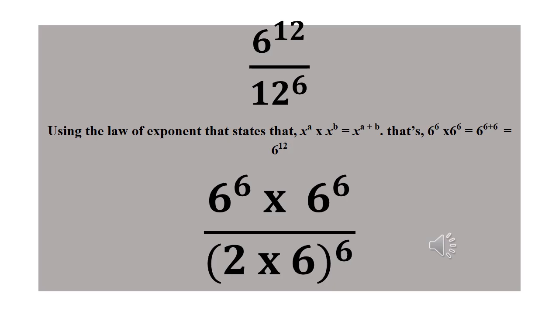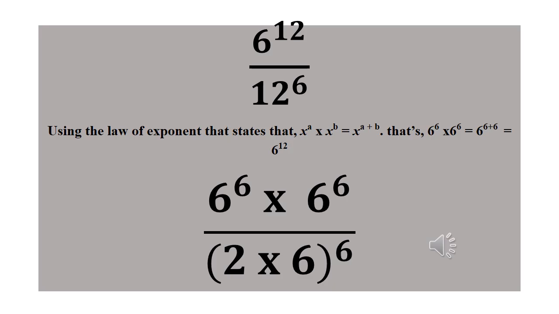Since we have a multiplication sign in between them, the multiplication sign we change to addition when we are dealing with the power. So we add the power together. So we have x raised to power a times x raised to power b equals x raised to power a plus b. So if you make use of that law now to simplify 6 raised to power 12,